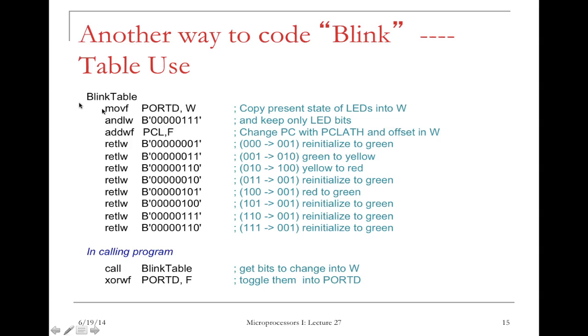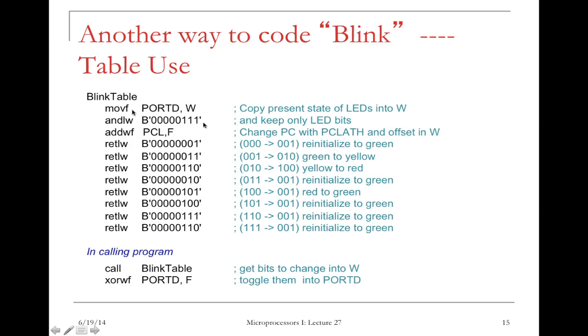Now, when we get into the subroutine, first thing we want to do is we're going to copy the value from port D to W, and then we're going to do a mask to just look at the least significant 3 bits. I hope you are following me at this time. So the first instruction is to copy the value from port D to the working register. Second instruction is to AND operation on 2 numbers. One is number in the working register. The other one is this